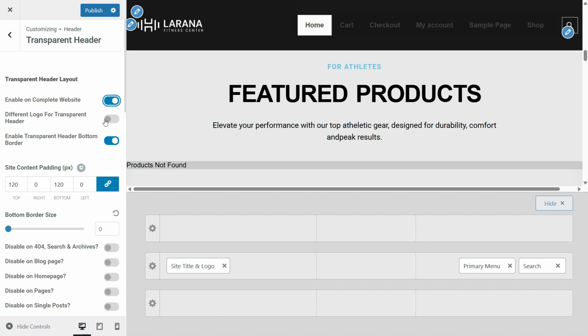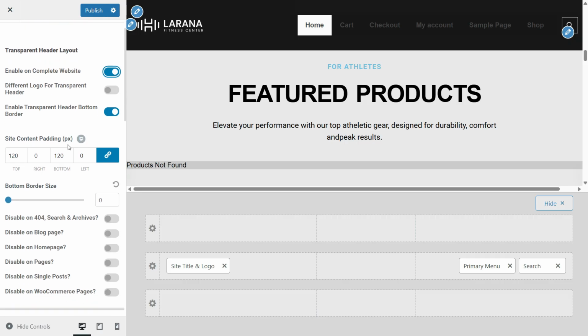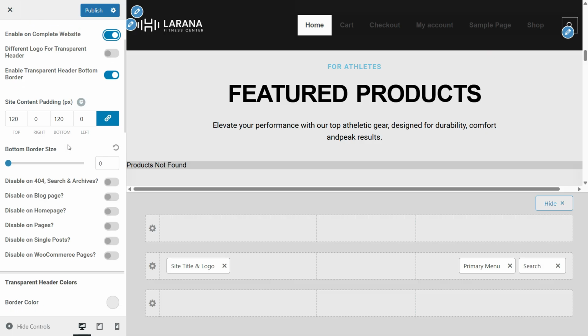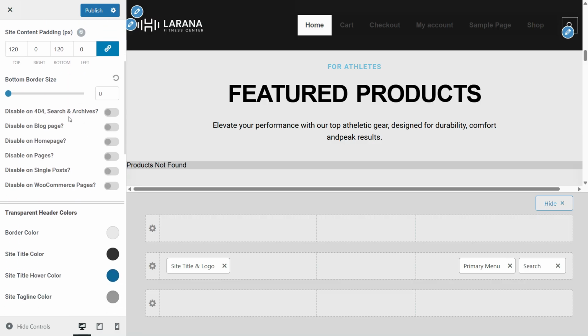You can add a bottom border to the transparent header for better separation. Site content padding, you can adjust the space between the header and the page content to prevent overlap. Under bottom border size, you can define the thickness of the bottom border of the transparent header. And under page specific disable options, you can disable or enable transparent header on pages like 404, blog page, home page, single post, WooCommerce pages.